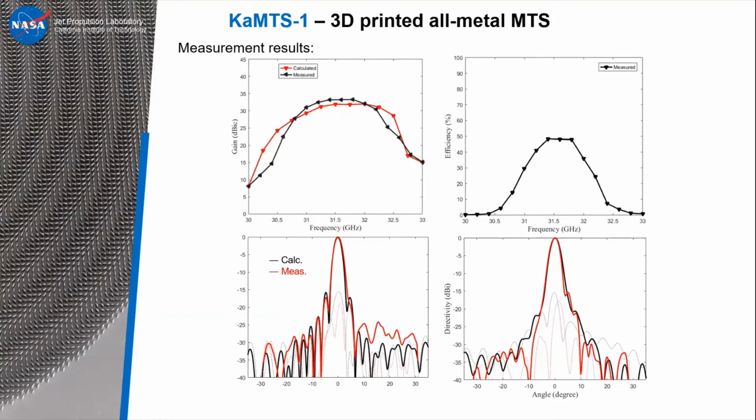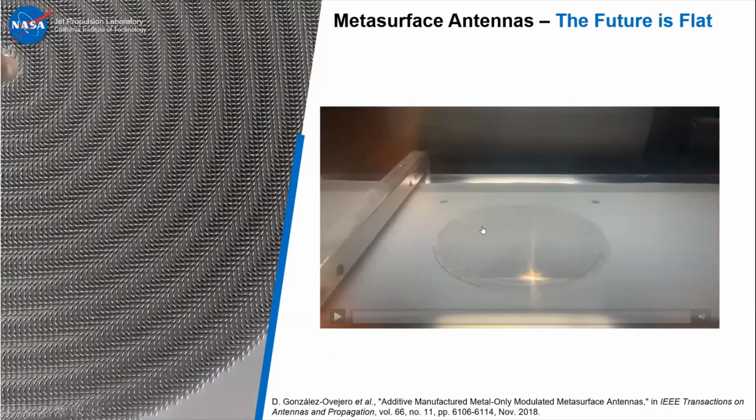If you can fly a reflector, you would not suggest to have a metasurface instead. You would just fly a reflector. But if you have to fly something that's completely flat, then the metasurface becomes interesting. And as you can see, the accuracy between calculation and measurement is fairly good. And it's not only good because it agrees, but because of the technique that we use to